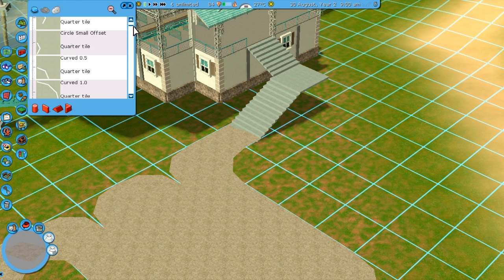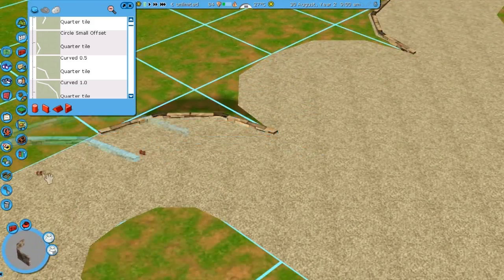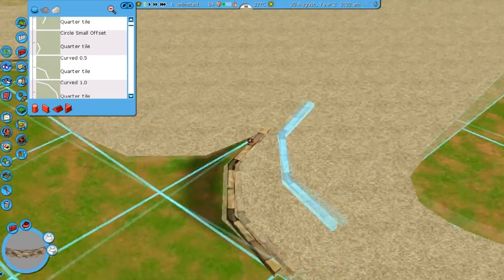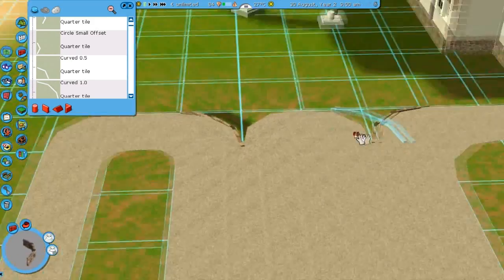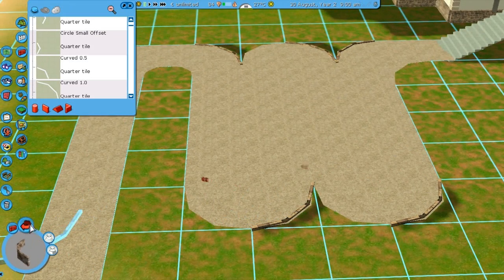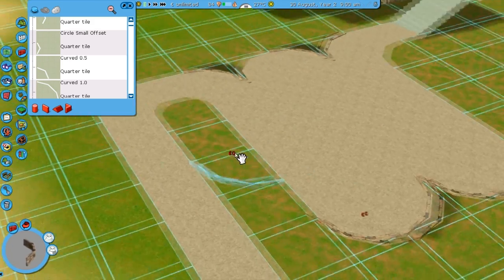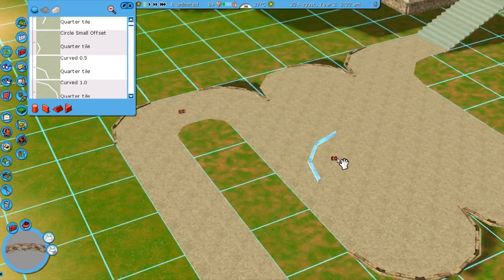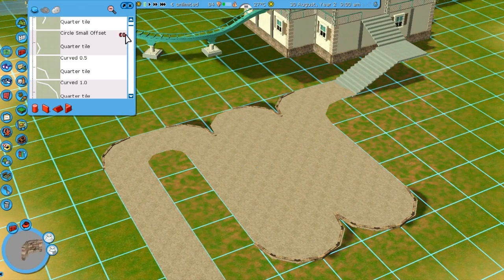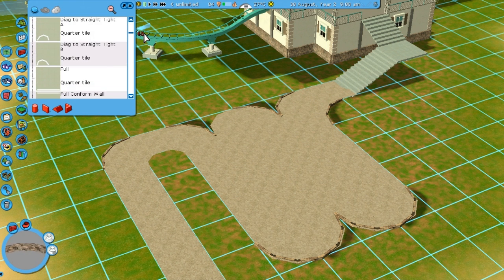Now, I want to add some borders on the sides of these paths, simply because it just looks a lot better. I think these borders aren't quite doing it, but okay, it's not too bad. You can basically use any wall set for this, like Shyguy Splinters or Shyguy Splinters 2, which will work fine as well. StationJim's fencing is a great set for stuff like this. I'm just using this set because I like this texture right now. But really, you can use any set for this as long as it's a low, small wall